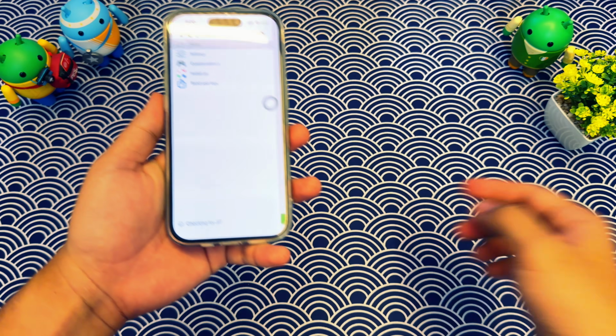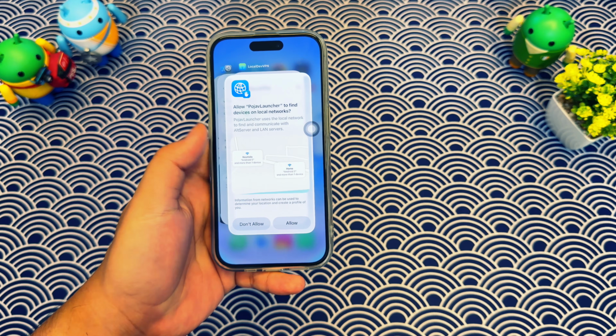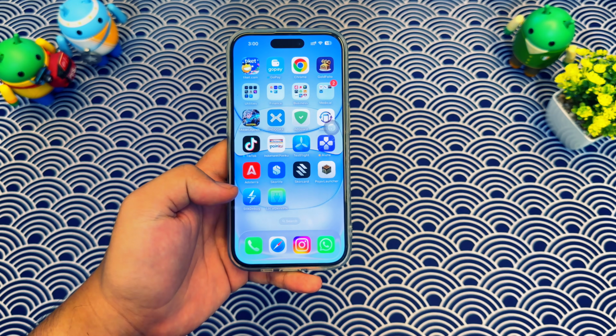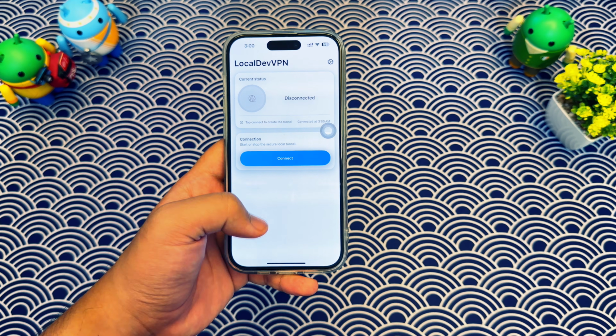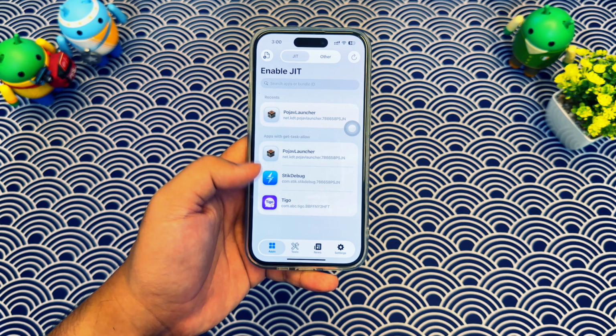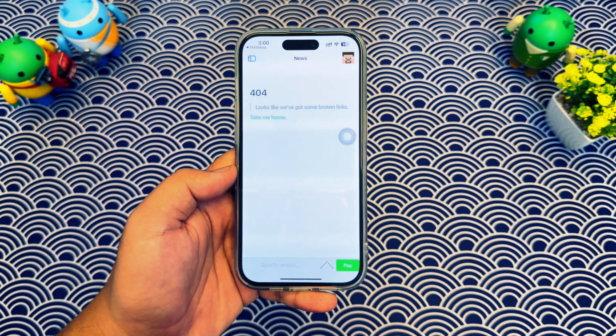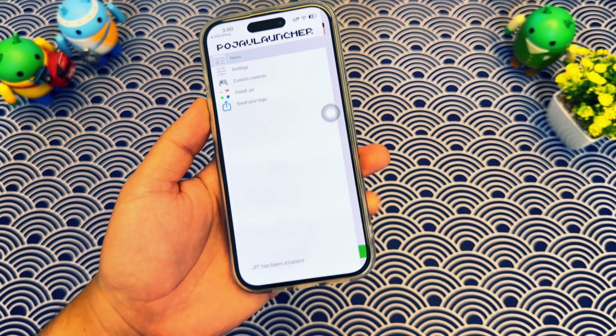So StikDebug will open the app automatically. That means JIT has been enabled successfully for that app. And that's it. That's how you can enable JIT on iOS 26 using StikDebug. You just need to install StikDebug, generate the pairing file using iDevice pair, install and connect LocalDevVPN, then select the app you want to enable